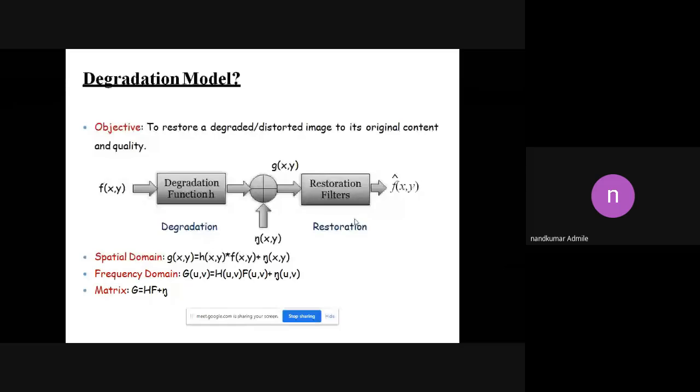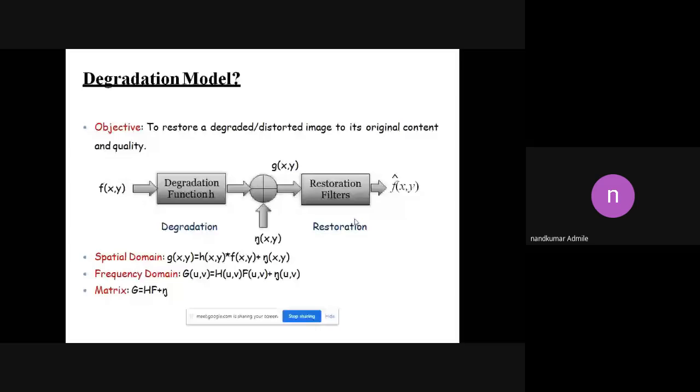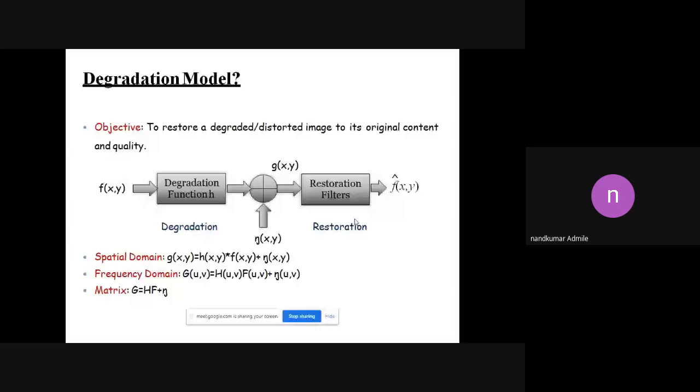Simply, we can use the function as h of x y. With the help of restoration filters, we can get the restored image. Here we can represent it as f dash of x y. So by using this formula,